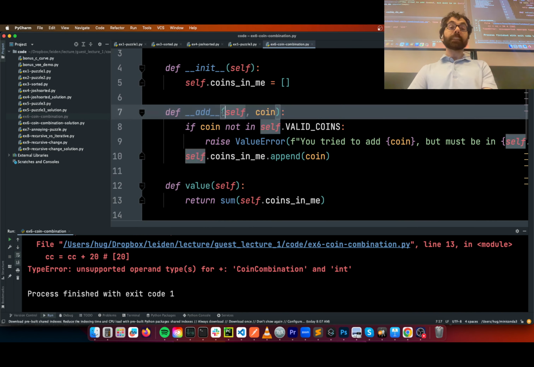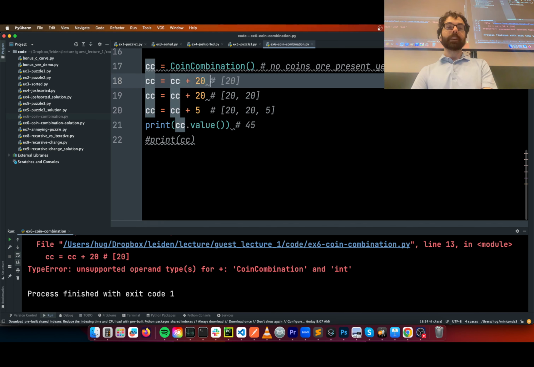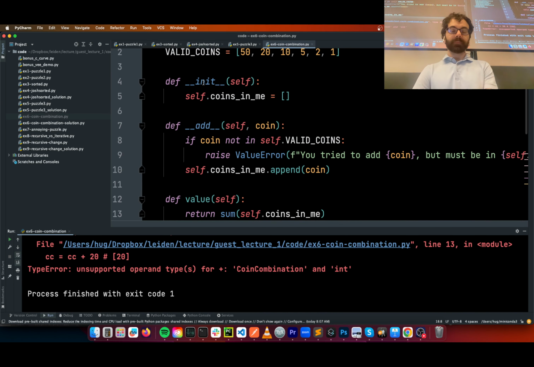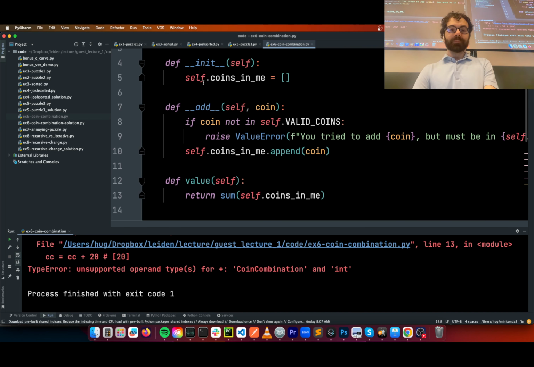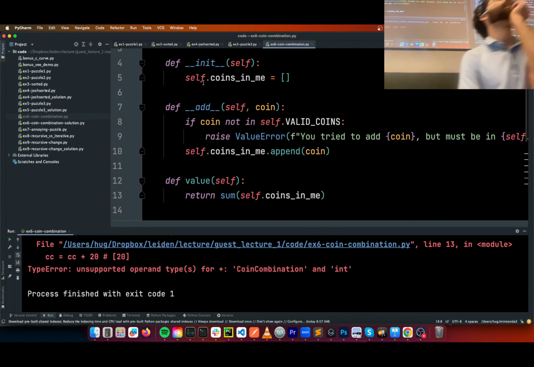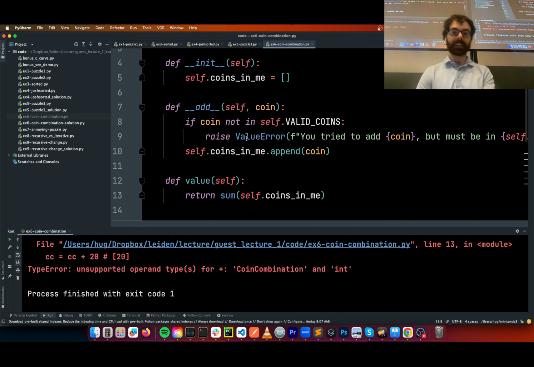Oh, well, actually, the add function is always taking the current object and adding a coin, so it's fine. This right here will actually call this function with cc and 20. Say again? Sorry. Oh, I'm not so worried about a limit. That's okay. We can keep adding more and more.